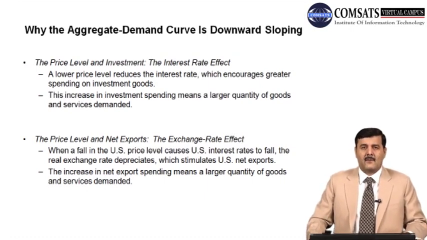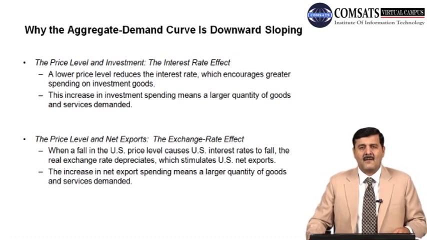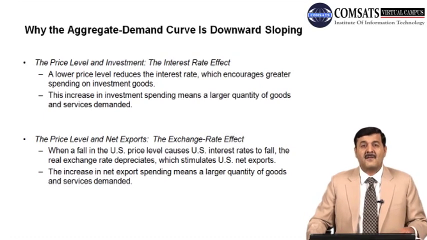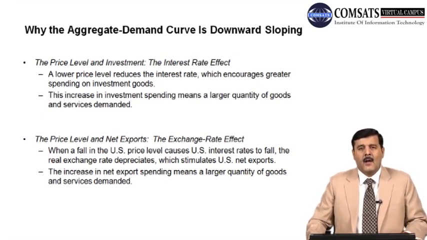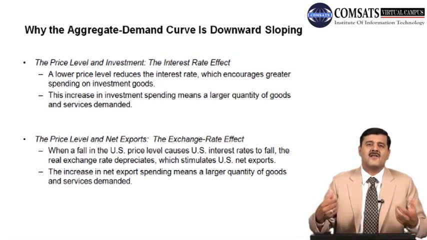How does this happen? इसको कोशिश करते हैं एक्सप्लेन करने की कि किस तरह से लोअर प्राइस लेवल से इंटरेस्ट रेट में कमी आती है और इन्वेस्टमेंट बढ़ती है और लार्जर क्वांटिटी ऑफ गुड्स एंड सर्विसेज डिमांड होती है. So we start with the decrease in price level. तो जब प्राइस लेवल में कमी होती है, लोग they will demand less money, they hold less money with themselves for buying goods and services. तो जब prices कम होती हैं तो उनकी परचेजिंग पावर बढ़ जाती है, तो वो कम पैसों से ज़्यादा चीज़ें